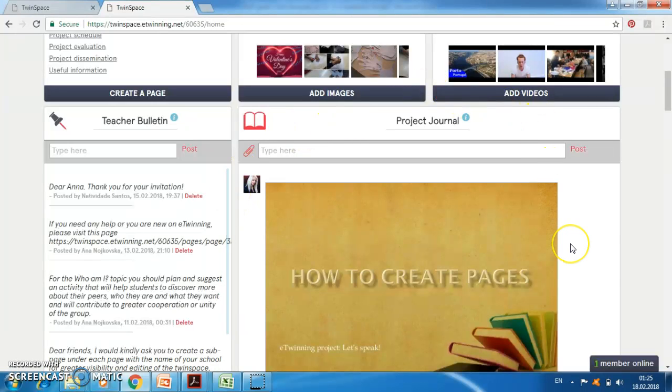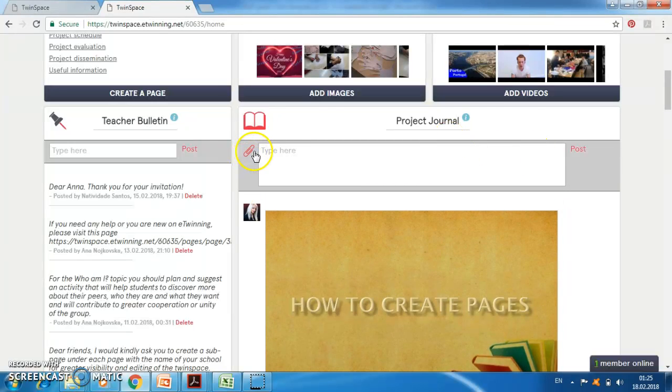This is the project journal. The project journal is used to share our examples. You just click and you can add from the material sections. For example, you can write notes, you can share your results, or you can just add pictures or videos. TwinSpace can also be used for